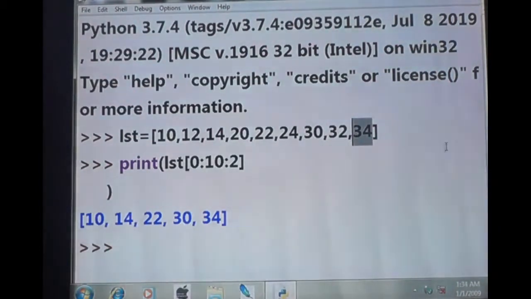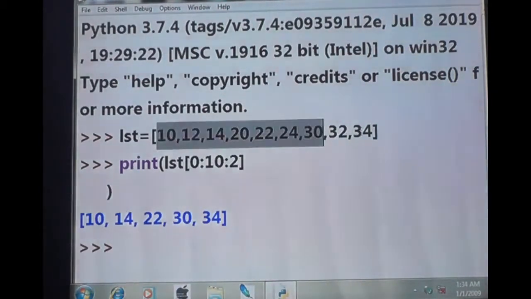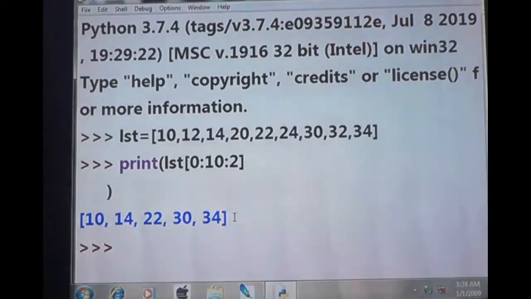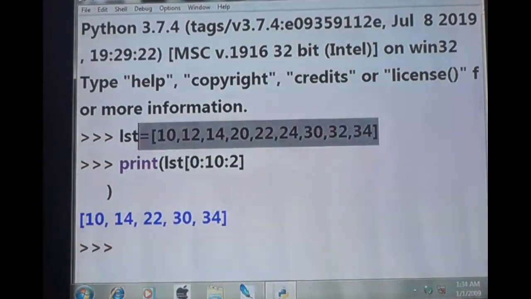Okay, end before 10 அப்படிங்கும்போது 9th index வரைக்கும் வரலாம். So that you can get the value starting from 10 to 34, but it will be increment by 2. Got it? Okay. So let me give you one more example.